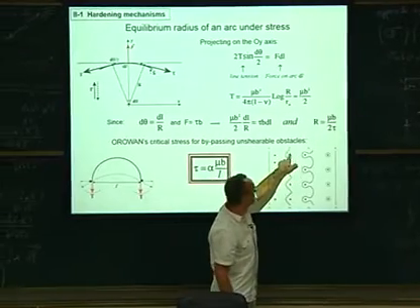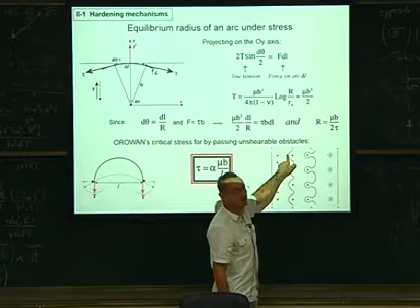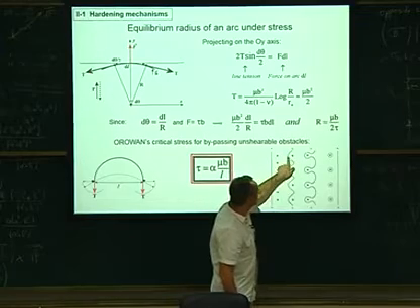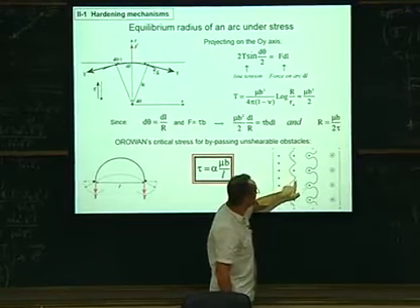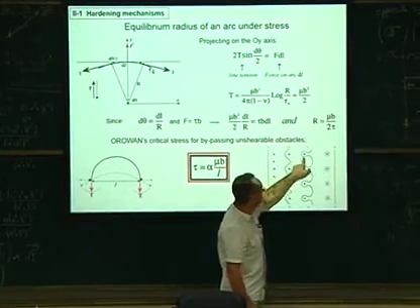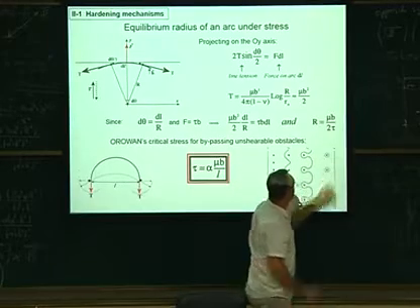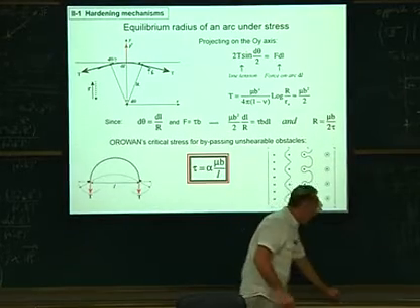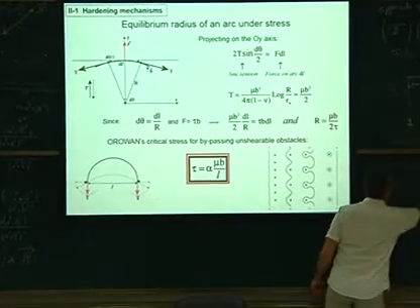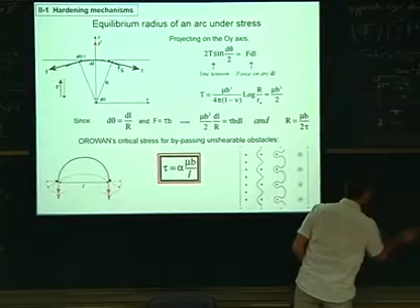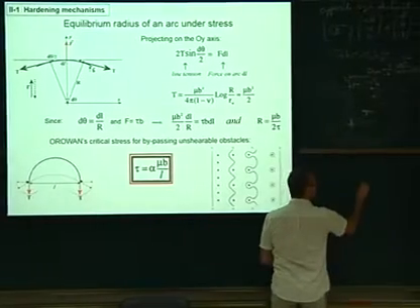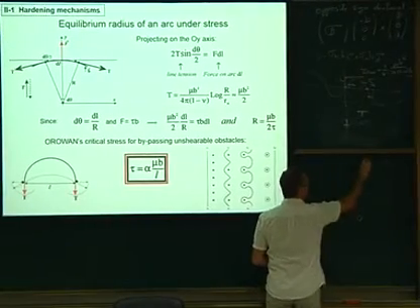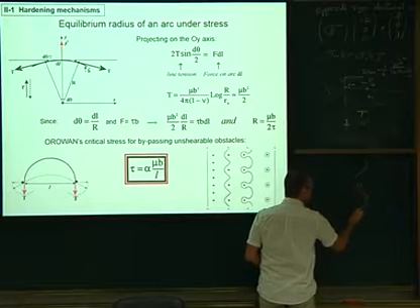Here I didn't put it at the point. We'll see why it could be at a distance from the point. And then it tries to pass through the obstacles. It bows like that, and when it is bowing, it is going away like this. And if you make a small drawing of what happens locally, you see that your defect is like this. Your dislocation is coming through the defect.